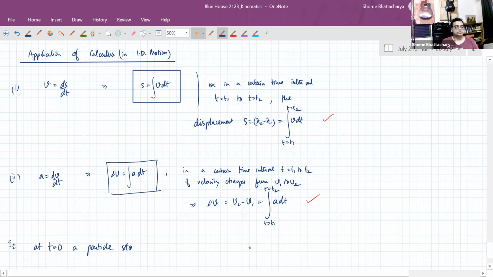Now, if the particle has an acceleration which is basically variable with respect to time,